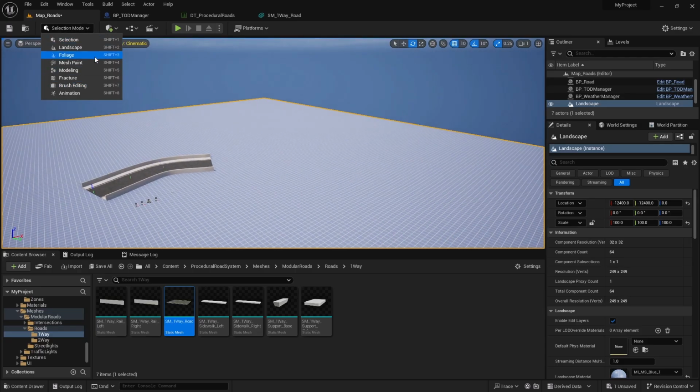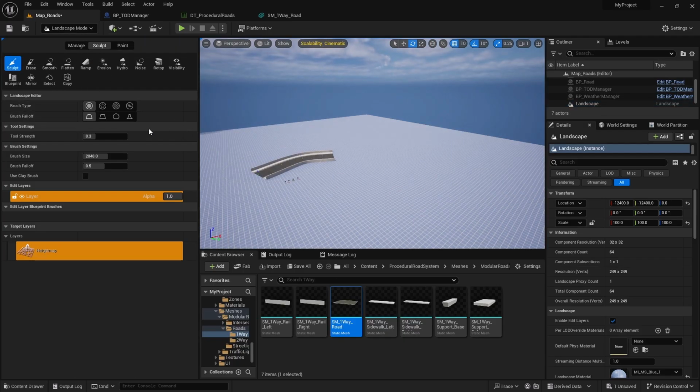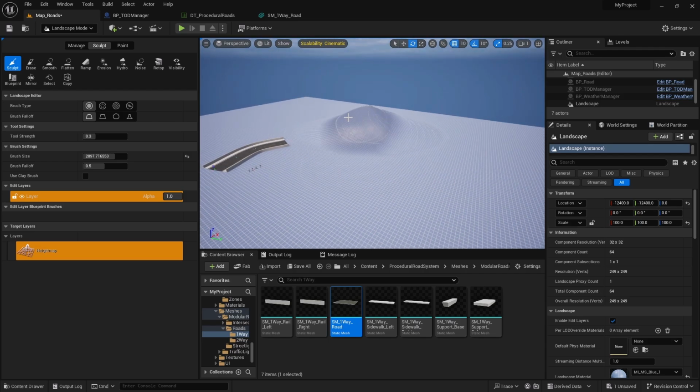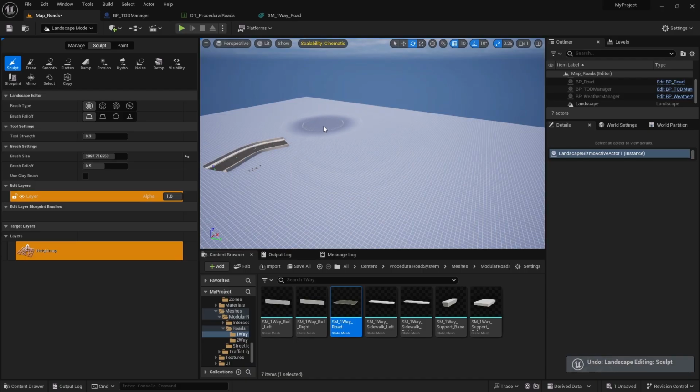Okay, so go to the landscape and maybe I'll select this sculpt option and enhance the brush size. Right, so I can create some sort of a mountain like this,